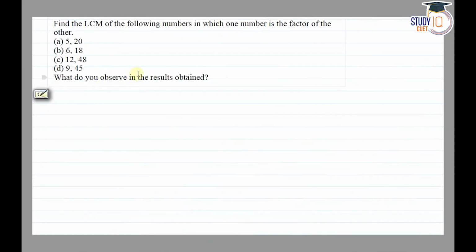Hello everyone. This question appears in the class 6th NCERT chapter Playing with Numbers. This is the 11th question of Exercise 3.7. The question says: find the LCM of the following numbers in which one number is a factor of the other. So part A,